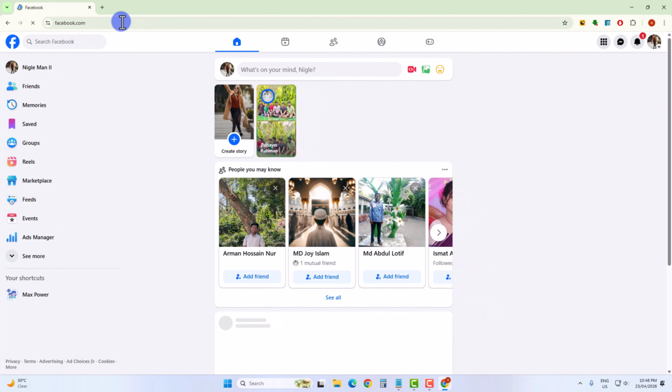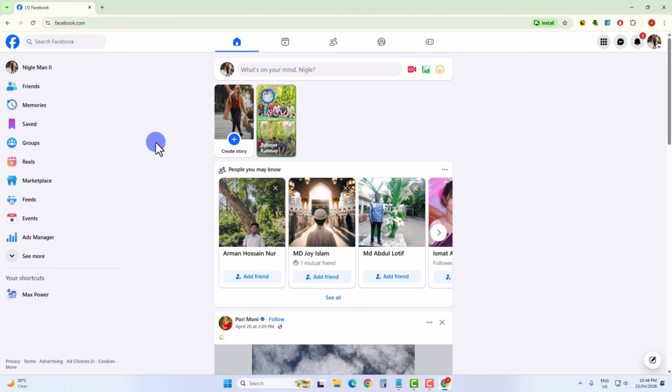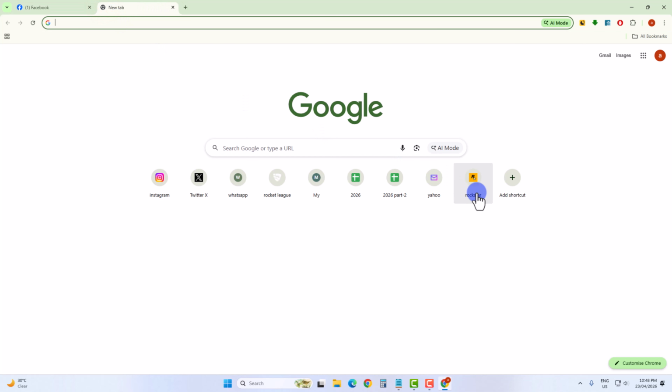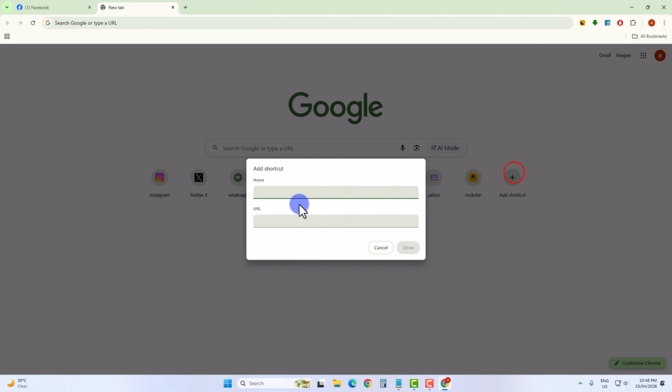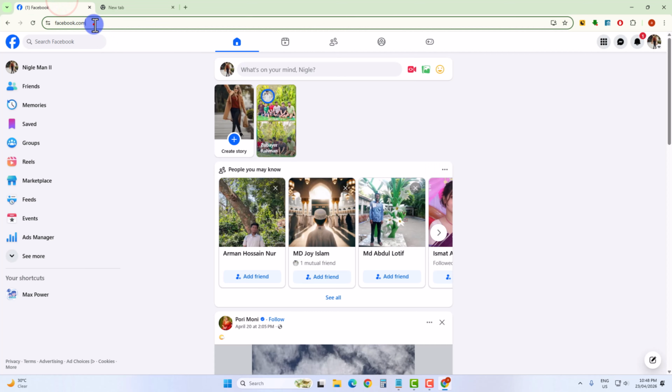Okay, and you just need to log in to your Facebook account. Press on the plus option. Press on add shortcut. Okay, and just copy this link,